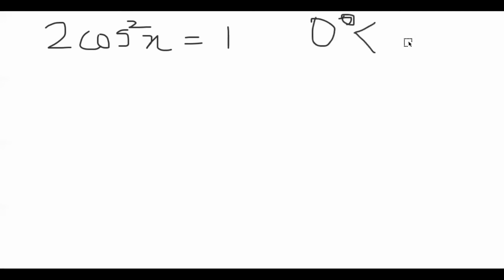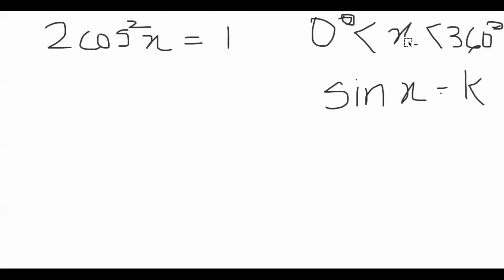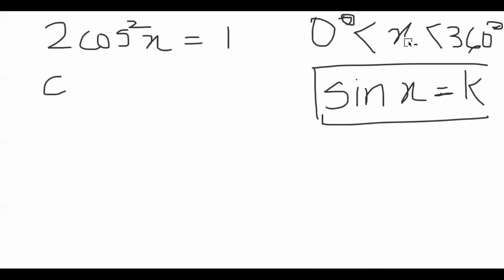Another question that we'll be doing is, in this question, we need to find out the value of x for the range 0 to 360. Now, how do we find out the values of x? First of all, we need to convert it into the equation. So in order to convert it into this form of an equation, in which I am just writing sine, but it can be sine, cos, tan x is equals to k. So in order to convert it in this form of an equation, I'm going to divide the 2 with the 1.